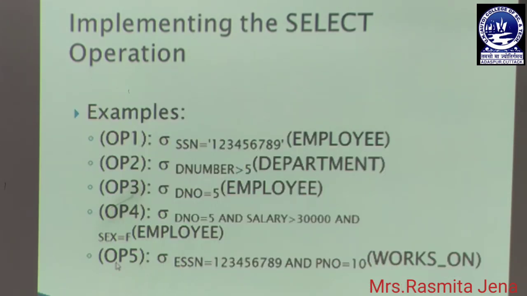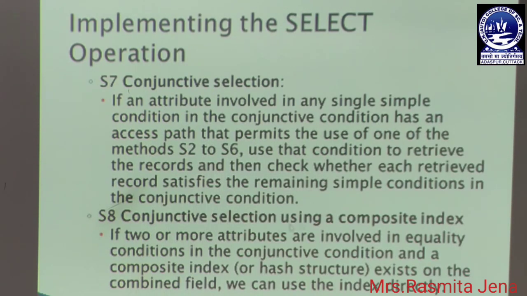This is OP5, operation number 5, sigma ESSN equals 123456789 and PNO equals 10. You can see the two conditions, ESSN and PNO, use the equality comparison operator and they are connected through a conjunctive connector. In that case, we will implement the algorithm, conjunctive selection using a composite index.